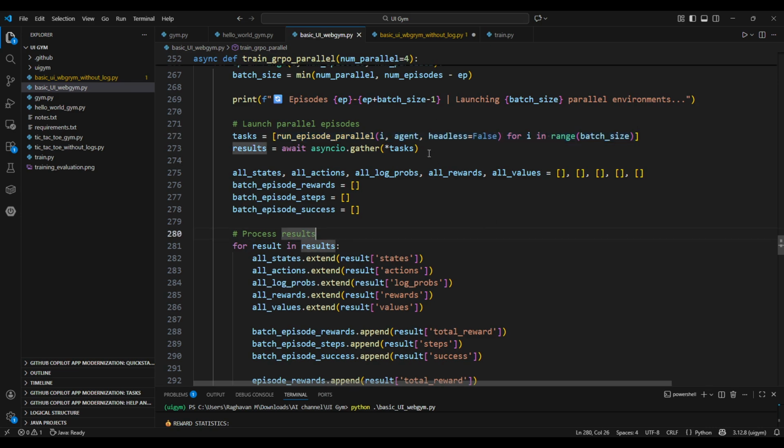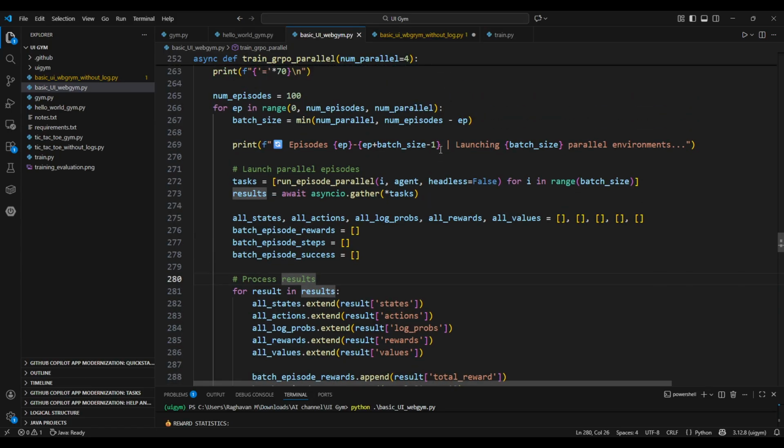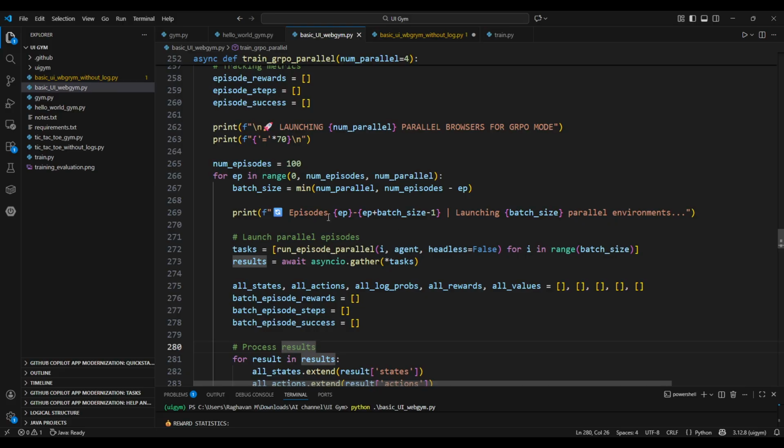So basically, even though there are 4 different agents learning in parallel, we will use the same network to compute the action, right? This is the main place where we are going to spawn 4 different Playwright instances, one for each of the 4 agents. The goal will be the same, the computation will be the same, and the network which decides the next action will be the same,